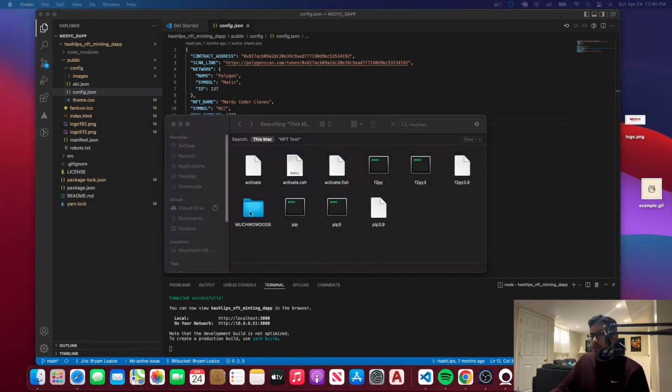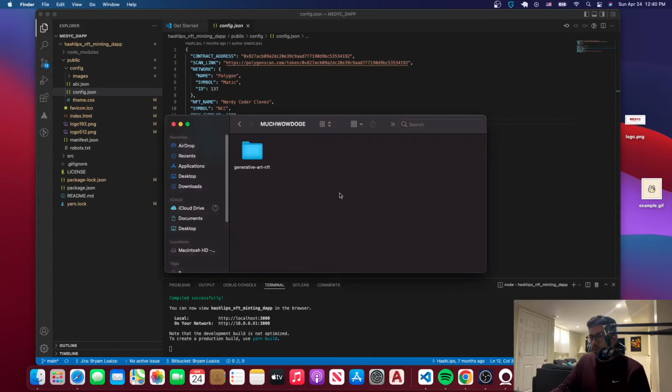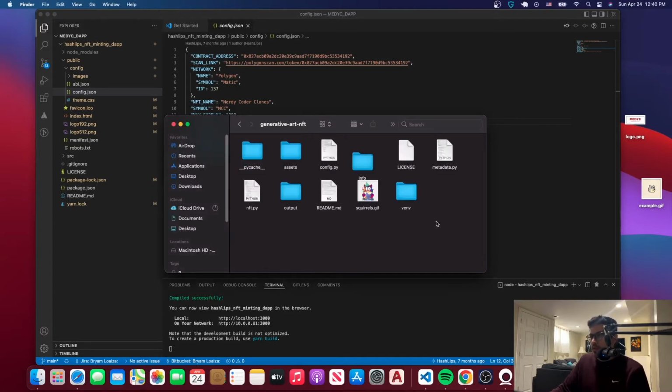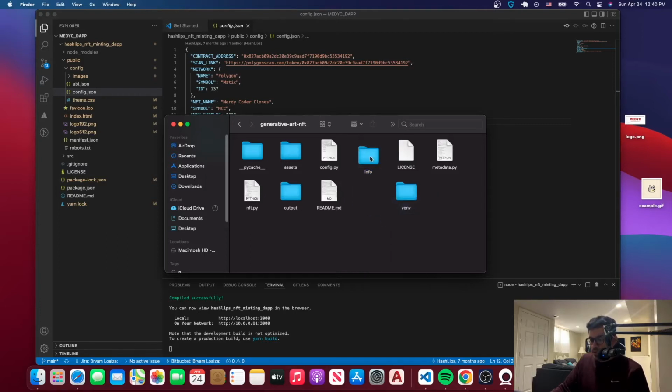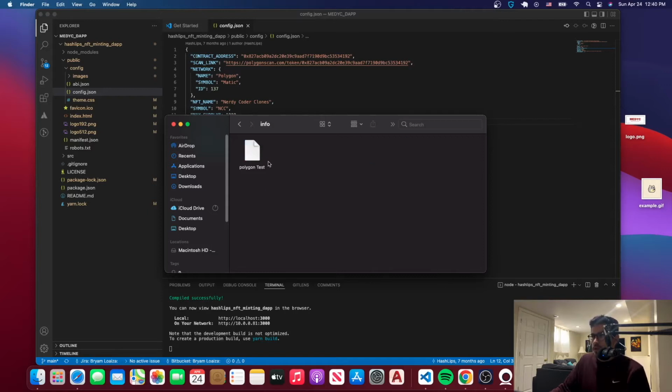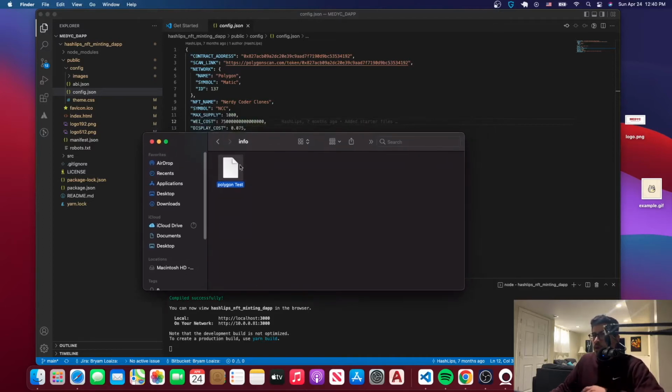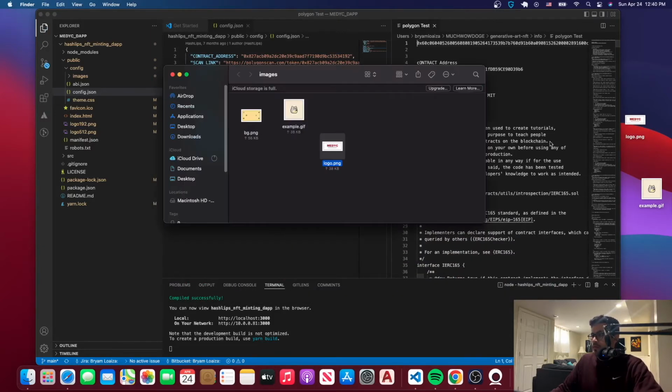In my case, I have the folder here. You go here and you'll see that there's the info. I forgot to delete this the last time. Anyways, this is the info folder. You go there, and there is one that says Polygon test, right? Because we were using the test network. It was the Rinkeby test network. It wasn't really the Polygon one, but anyways. So open that folder,